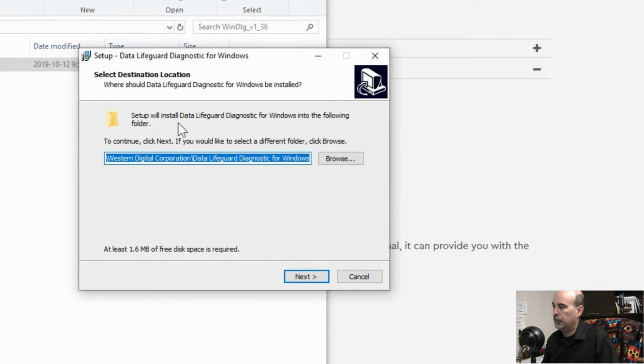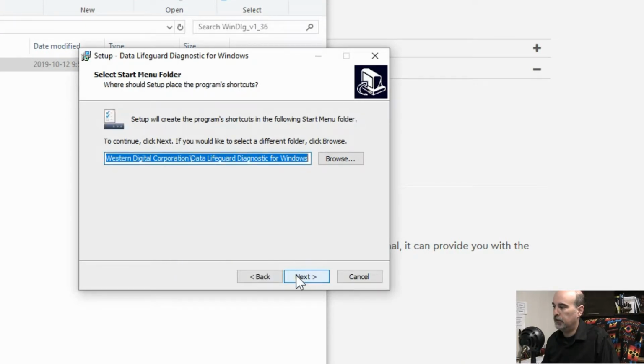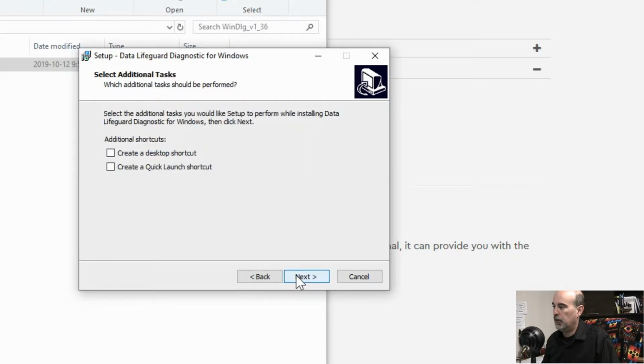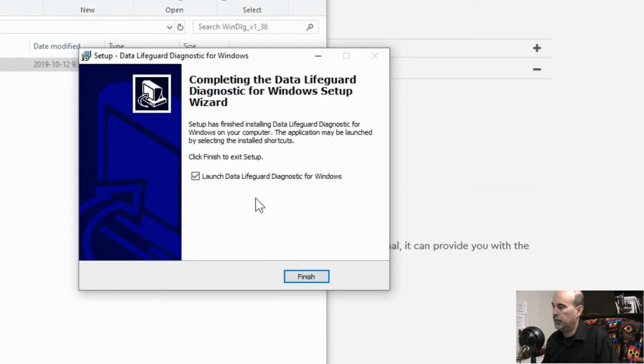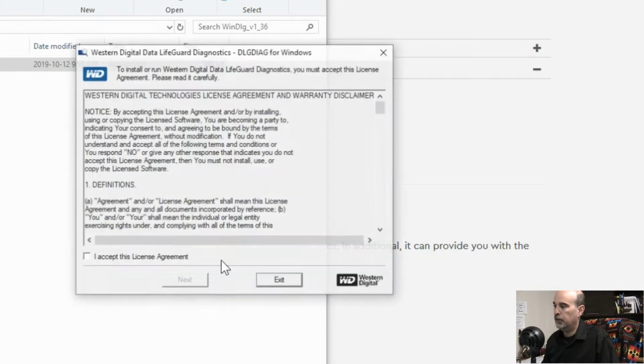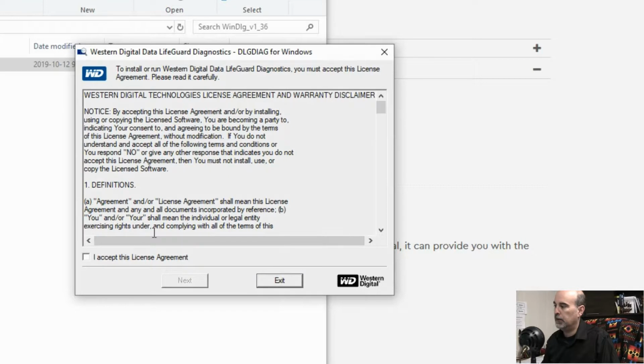So once it's downloaded, we want to run this file. And if it prompts you for any security alerts, you want to accept that. You can choose all the defaults to install. And it's good to create a desktop shortcut so you have access to it all the time. I'm not going to do that in this case. And just follow the prompts, install, and launch it after it's done. So when we hit finish, it's going to open automatically. And when you open it, at least the first time, you have to accept the license agreement and go next.